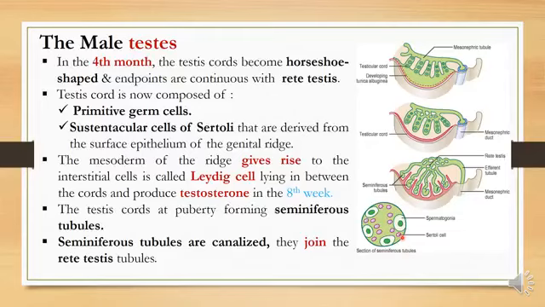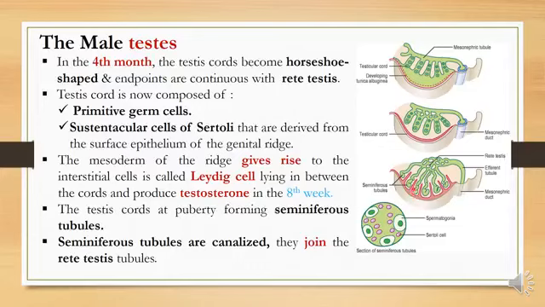Sertoli cells are derived from the surface epithelium of the genital ridge. The mesoderm of the ridge gives rise to the interstitial cells, called the Leydig cells,